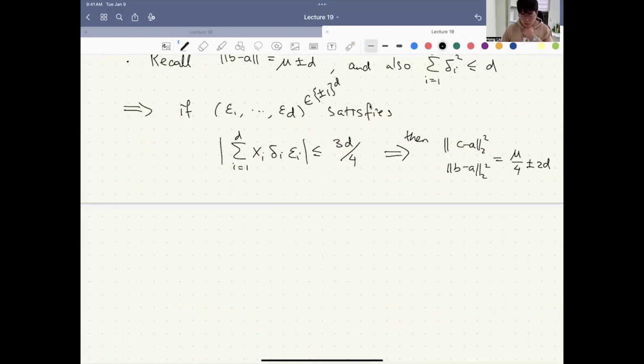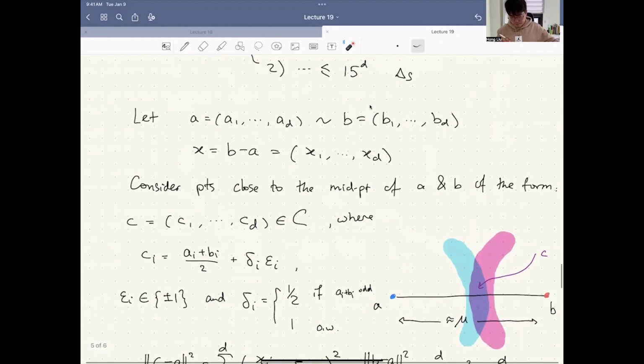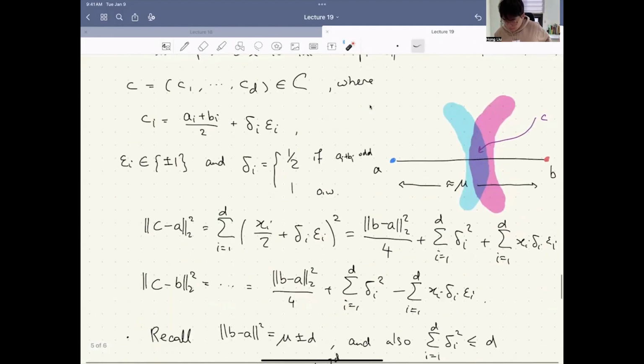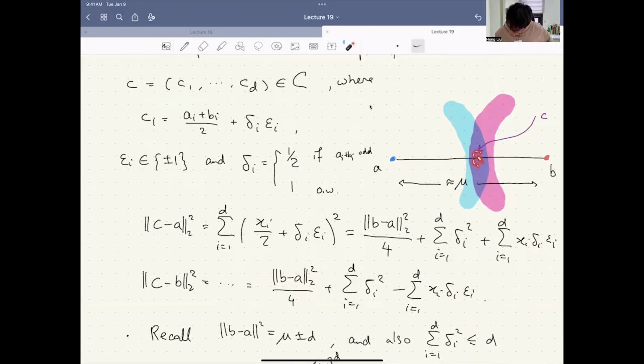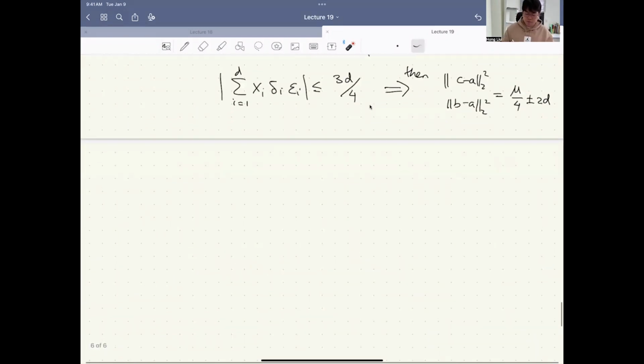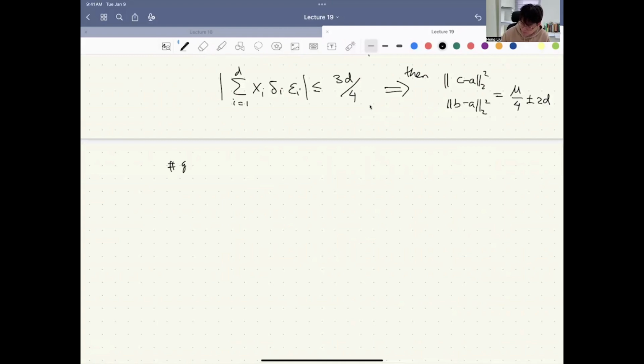Okay. We have 2 to the d points here. You have these points for different choices of epsilon, 2 to the d choices. We get 2 to the d integer points around these midpoints. And let's suppose the number of good points, that means C is adjacent to both A and B, right? Divided by, we're going to count it probabilistically. What does it mean? The number of good points, which are common neighbors of A and B, divided by 2 to the d, this is the probability. If you uniformly randomly choose a point,